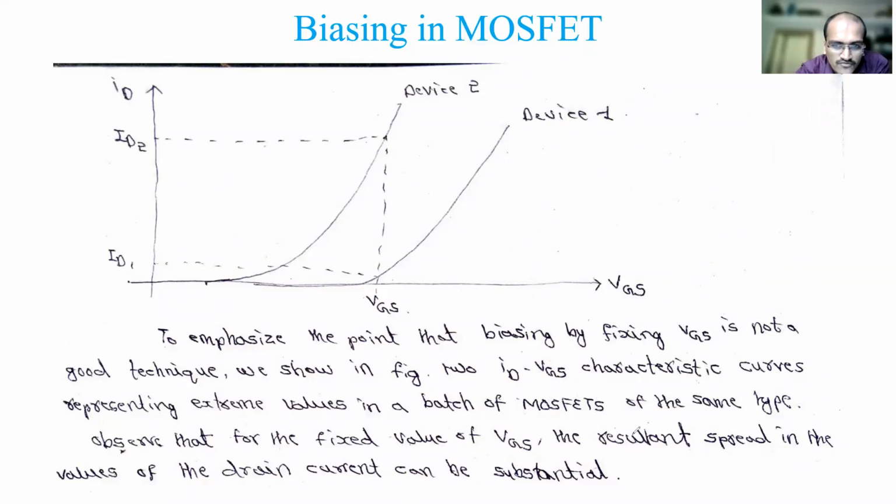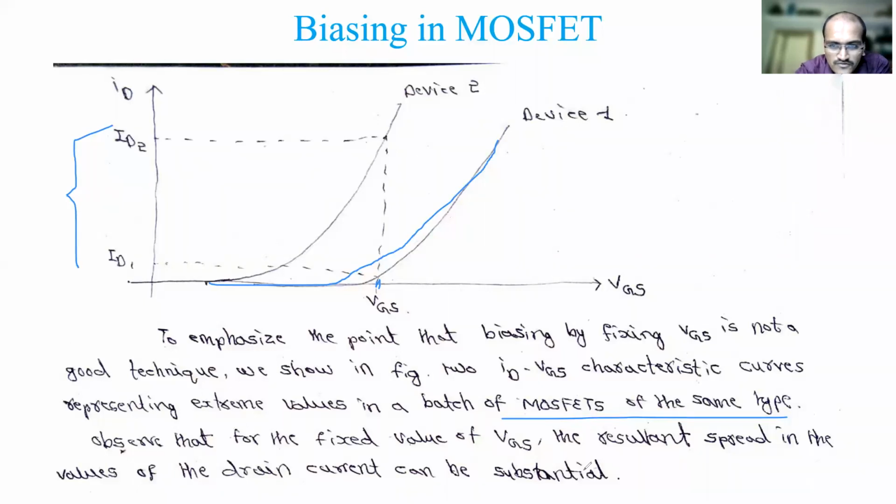So when we use MOSFETs of the same type and fix the VGS value, you will see different characteristics here. That is the observation we are making. One device will have this representation, another will be like this. If you fix the VGS value and extend this line to where it touches the drain current, you'll see a large spread in the drain current. This is not acceptable. This shows that the drain current is not stable and MOSFET biasing will not happen. Just to show you the spread, this diagram is taken here.